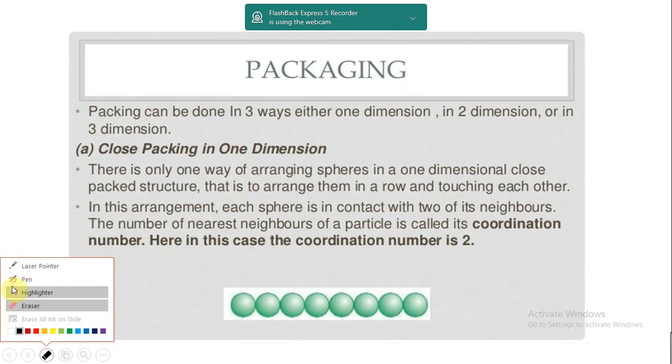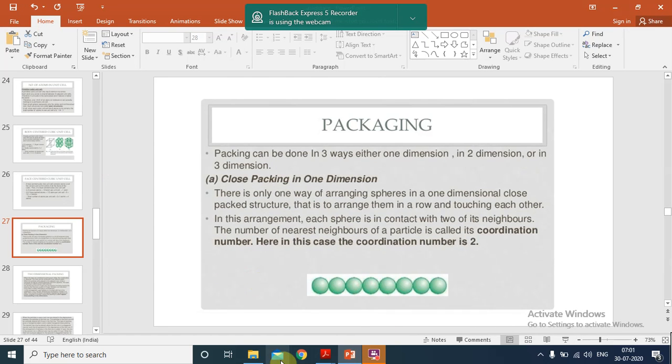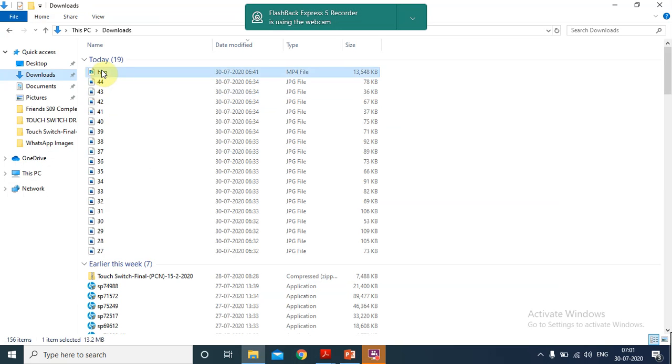So I will begin by showing you a video which will explain three-dimensionally how the packing is possible, and I will explain that video to you. Then we will see this PPT, because in that way it will be more clear, because it is more about imagination rather than theory. So you will have to imagine how it is getting done in 3D. So let us see that video first.